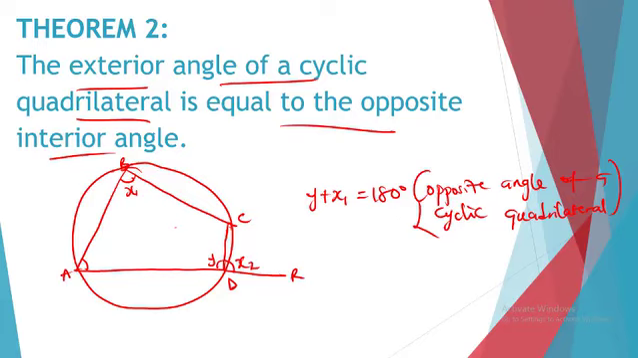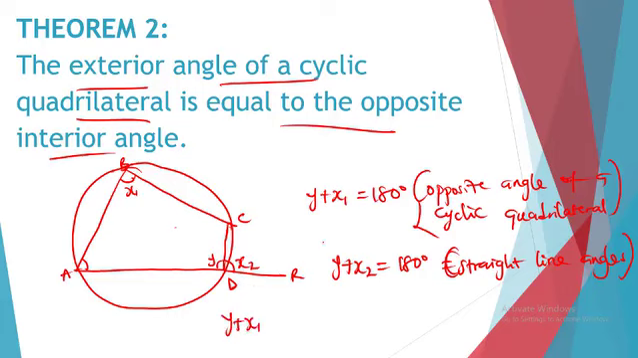Okay, now looking at y plus x2, this is y, this is x2. The both of them also sum to 180 degrees, and they are called what? Straight line angles. Straight line angles is equal to 180. Is that correct? So y plus x2 is 180. Now, since y plus x1 is equal to y plus x2, which is equal to 180,